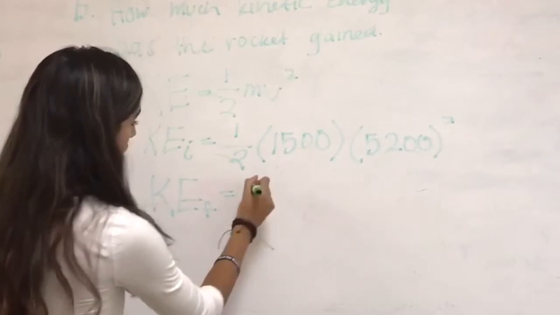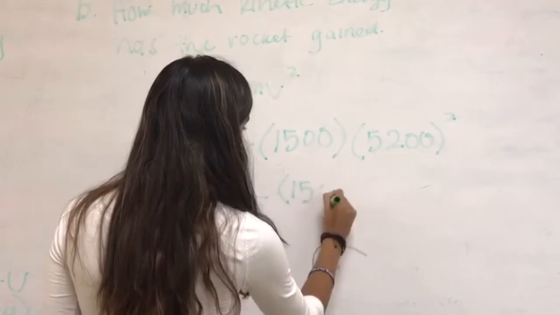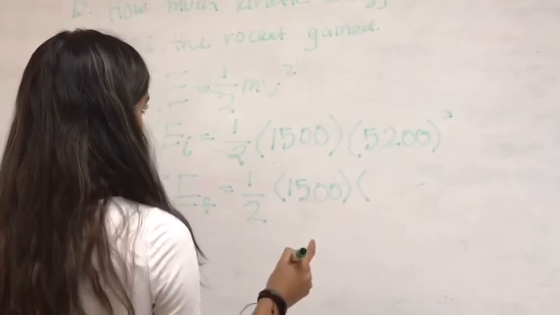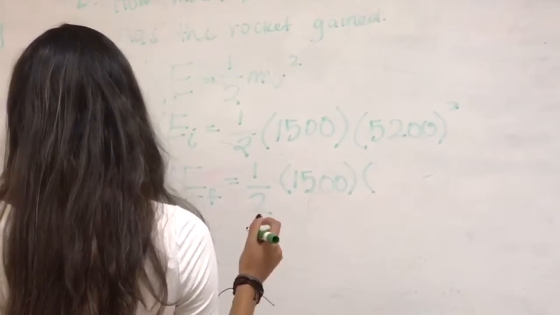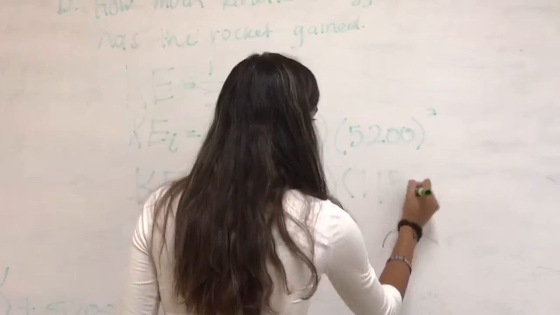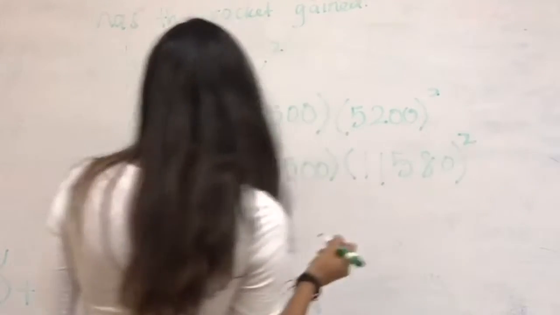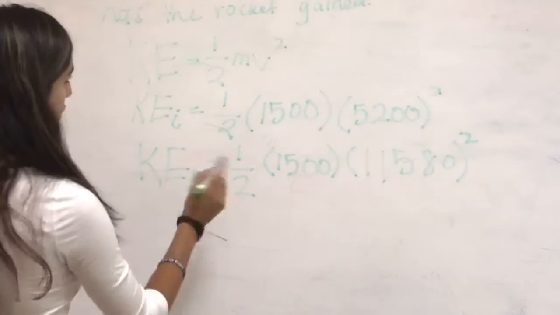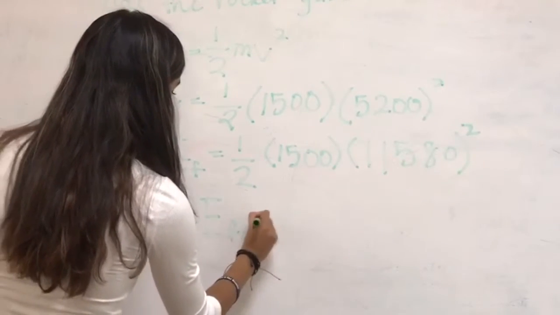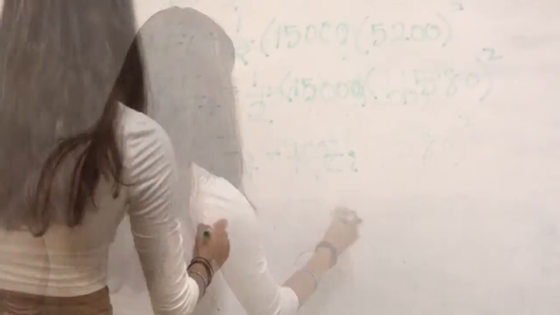is the formula once again, 1/2 the mass, which is still the same, 15,000, and the final velocity, which we calculated in part A, which is 11,580 squared. And to find the difference, we're going to subtract the final kinetic energy minus the initial,